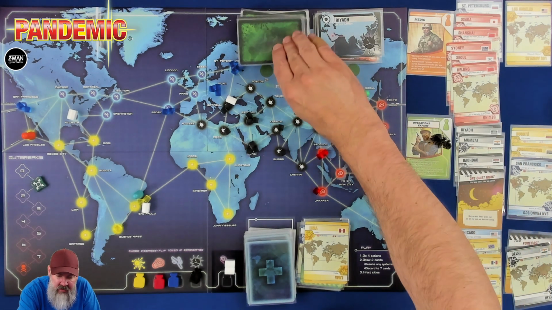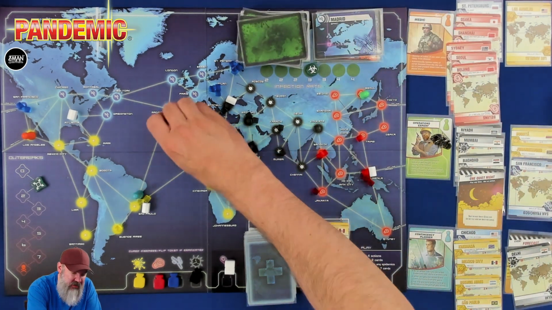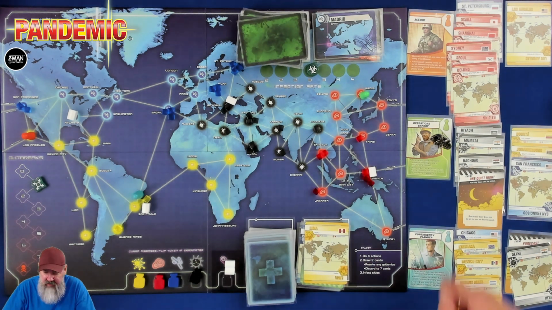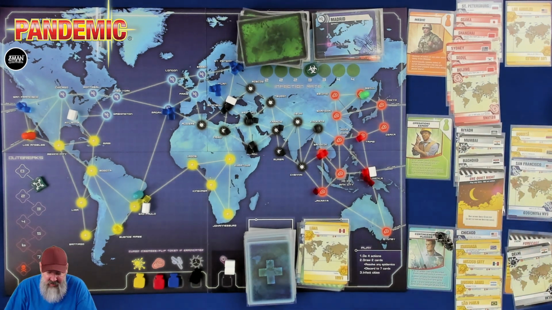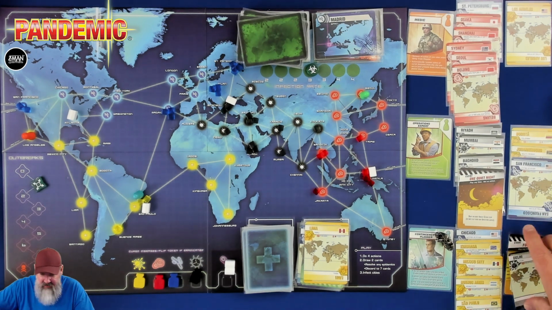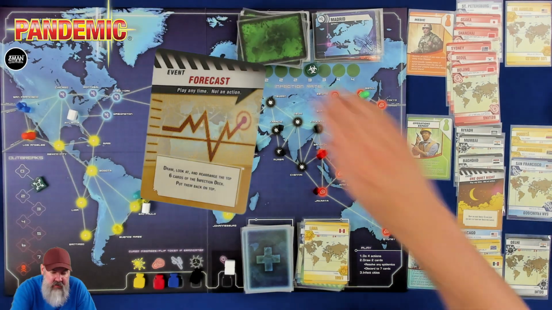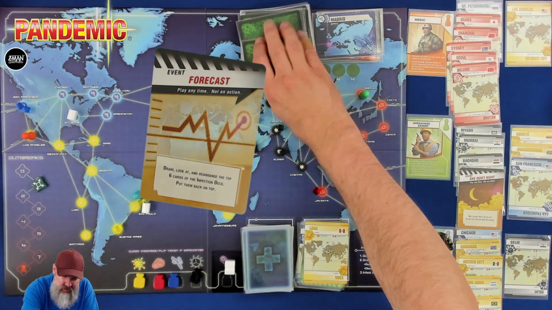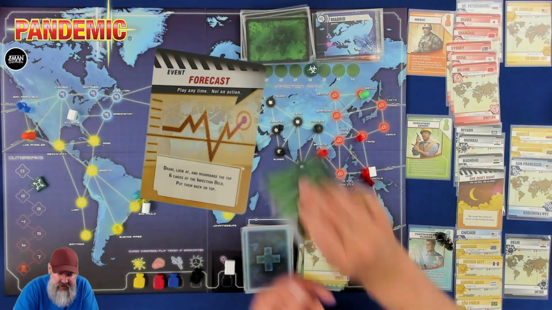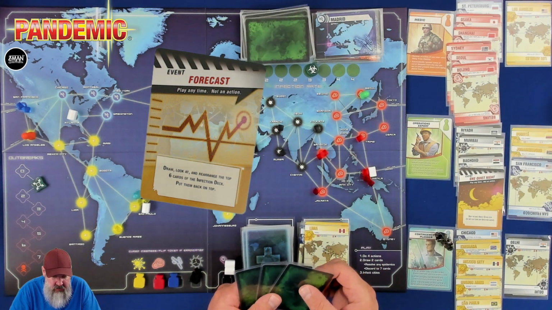So there's 1 outbreak. And now we're drawing 3 cards. Madrid now has 3 cubes as well. So this is where the downfall happens right here. Okay, so we move on to the Contingency Planner, who I think the very first thing that we need to do is play Forecast, right? We need to take a look at these cards and just see what kind of bad stuff is coming at us here. So 1, 2, 3...